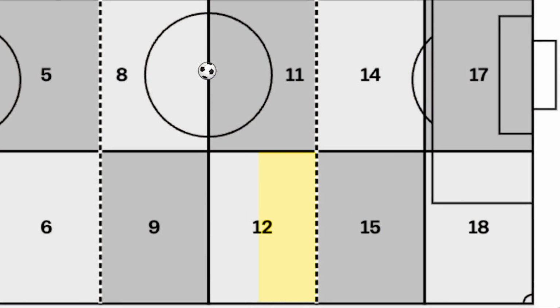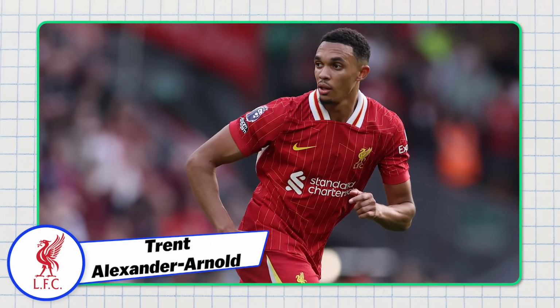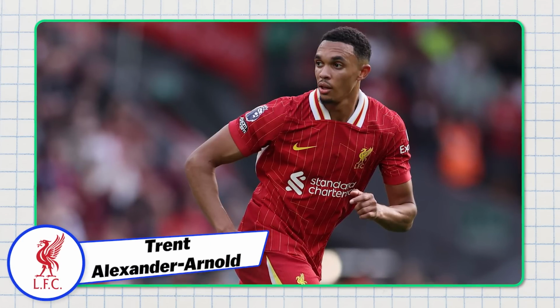Zone 12. Back to the right hand side. Trent Alexander-Arnold. Interesting to see him there. Obviously, those are the long diagonal balls that he can provide and the quality he can provide. I think he's quite unique in that sense. We've spoken about Porro, but still, for him to do that damage from deep, be it playing the ball into Salah, stepping in and putting in a great cross, or switching it over to that left hand side,